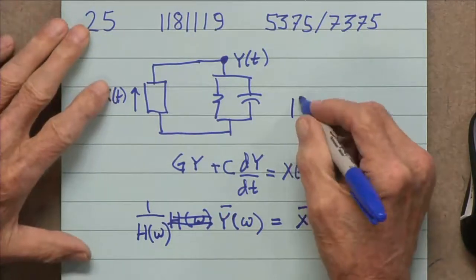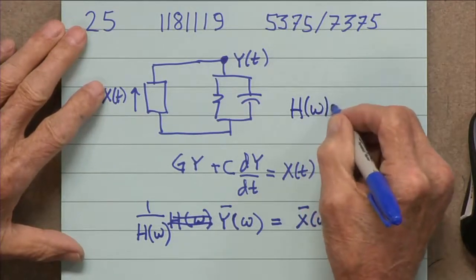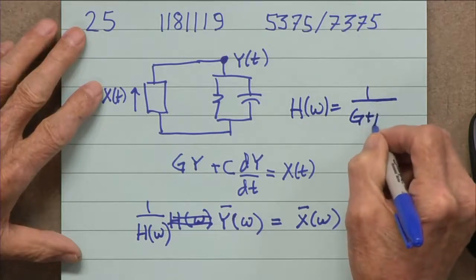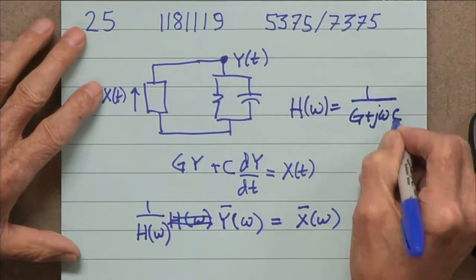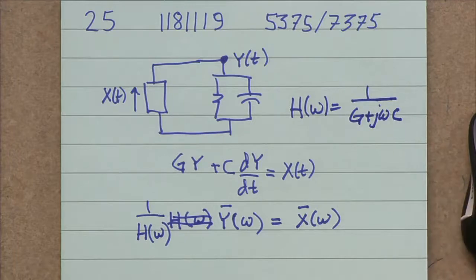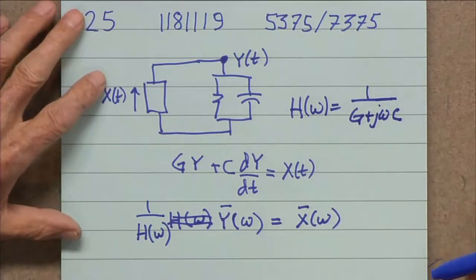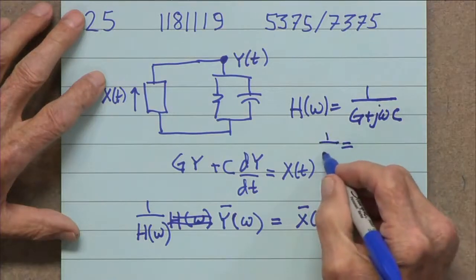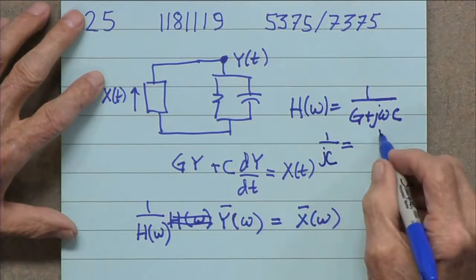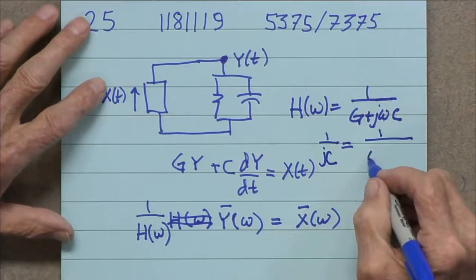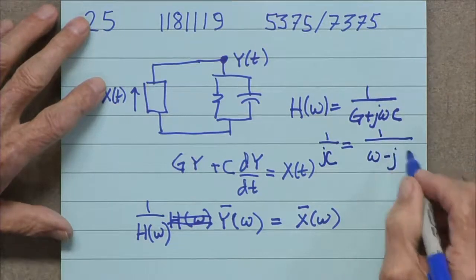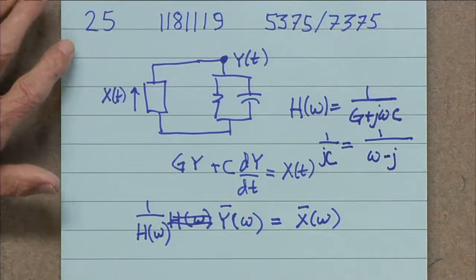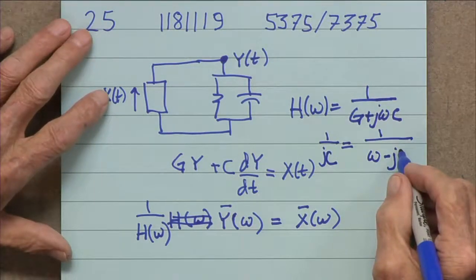So H of omega equals 1 over G plus j omega C, which is 1 over j C times 1 over omega minus j omega o,